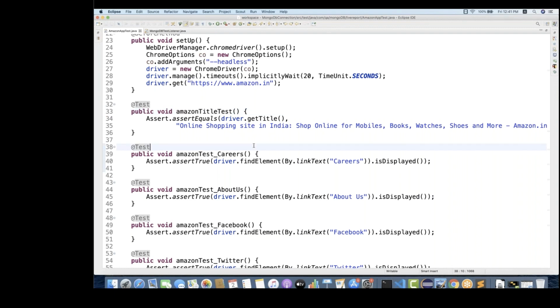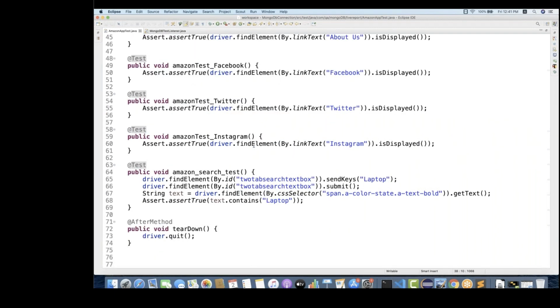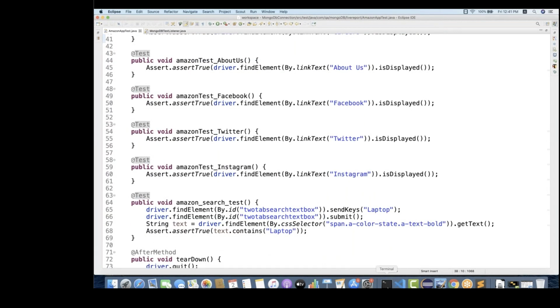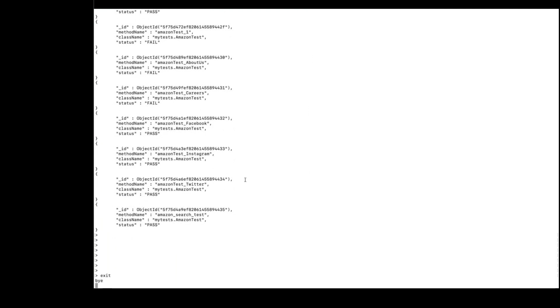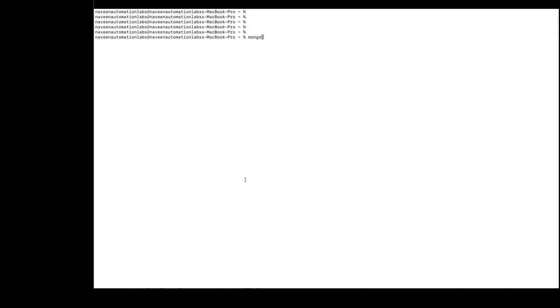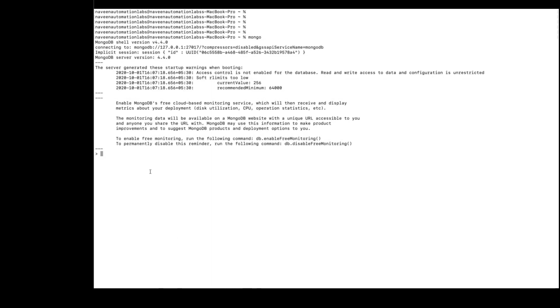Okay, now when we run it, make sure that your MongoDB server is running. So I'll go to my terminal and you can see that my MongoDB server is already running. So I can first of all exit from here. I'll start my server once again, clear the console, and simply write mongo. You have to go to the Mongo shell. How to go to the Mongo shell and all those things I have already explained in the previous videos. Guys, go and please check it over there. And MongoDB is running over here on this particular server, right?